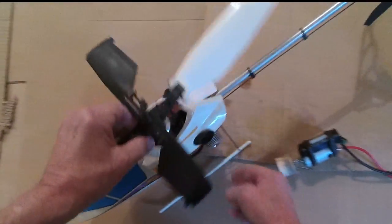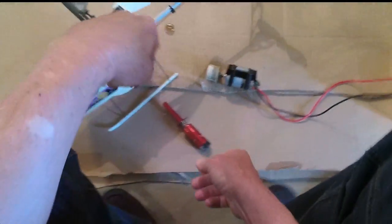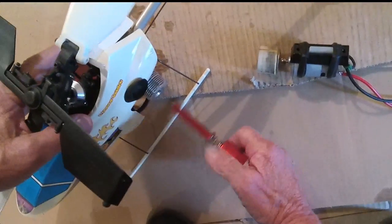Okay, let's see if this little Lite Machines will start. I'm using my homemade starter for it, and